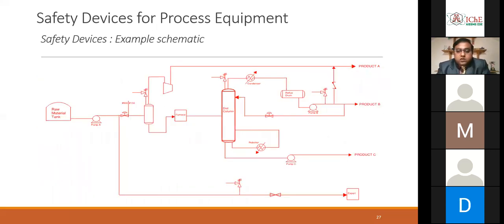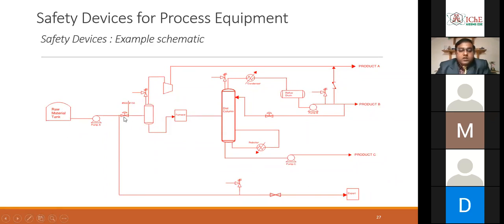Okay, so this is one typical, imaginary plant. I don't know if it helps or not. For example, this is a raw material tank. There is this pump A which is going to multiple destinations. One is going straight away to export. Say this pipe can be 5 kilometers long, going from one jetty to the other.